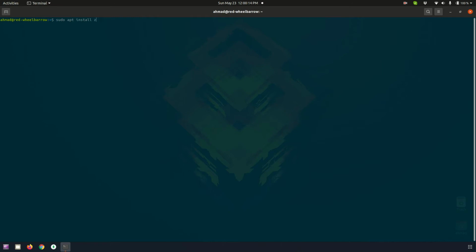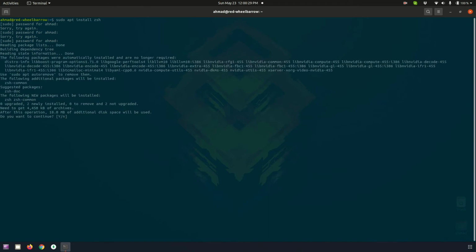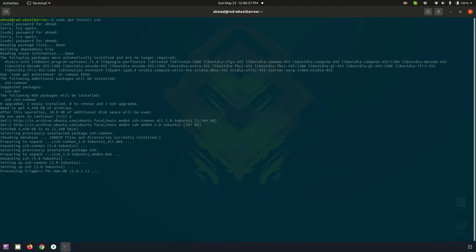Sudo apt install zsh. Type in your password. Oops, typed it wrong. Okay, press Y, and this should install ZShell on your OS. Let's check the version, just to make sure it got installed, so we can see the version of ZShell is 5.8. Next thing to do is install the framework